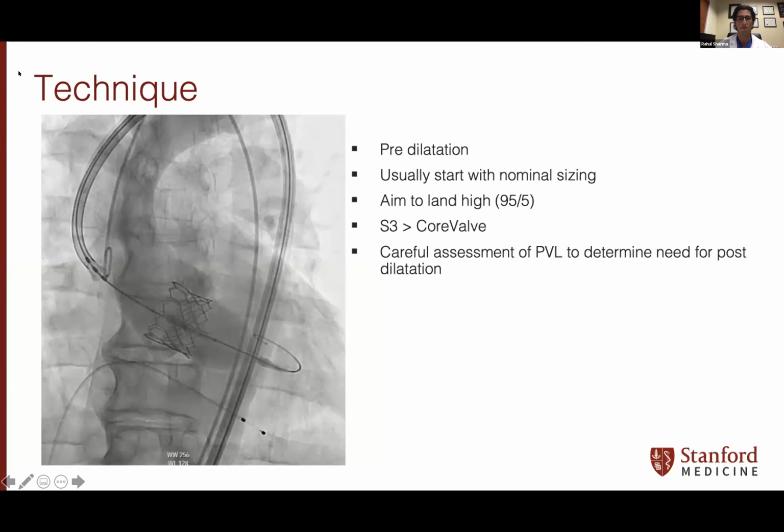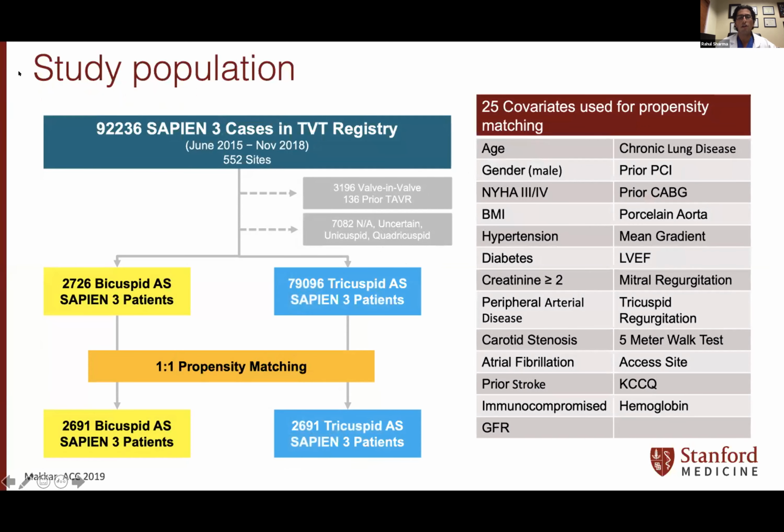And that's done with a degree of caution, usually determined by the degree of calcification. So if we look at the data that we have so far underpinning this, and some of this was presented earlier, Raj Makar, former colleague at CEDARS, really started this off with a large matched study using the TVT